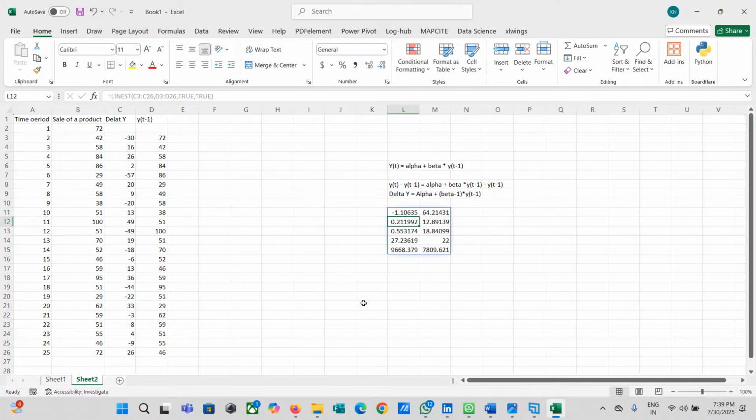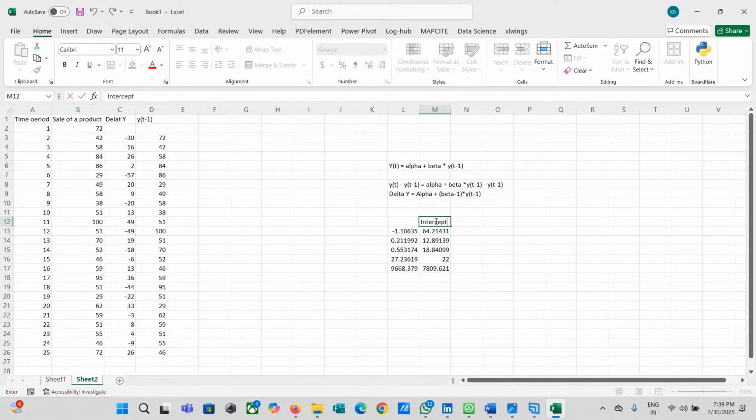So now we have an equation, 64.214 and minus 1.4. This is my intercept, and this is the coefficient of the lag of y, yt minus 1.